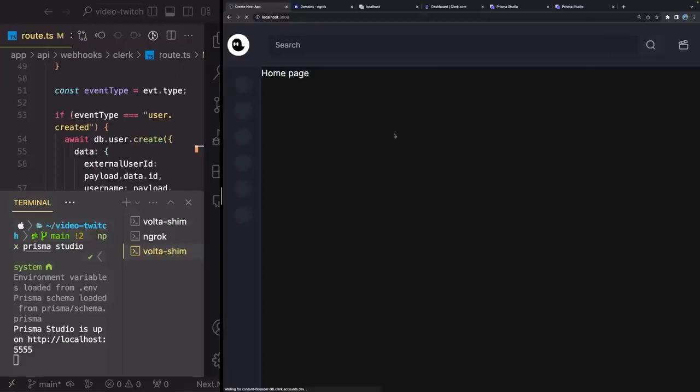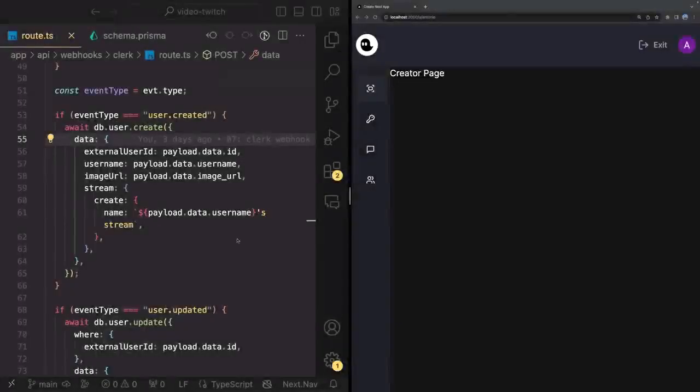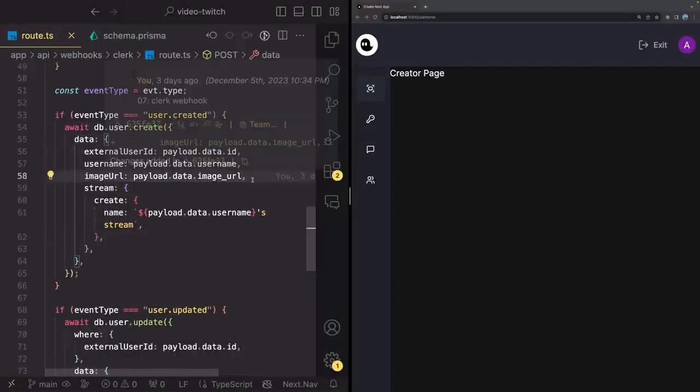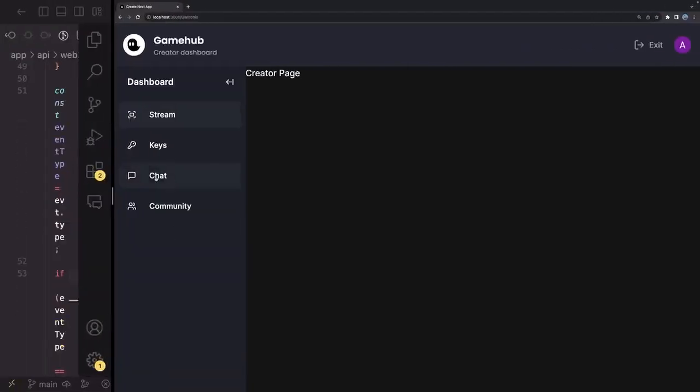Perfect, so we're back where we started, but this time our users have their stream model, which means that inside of our creator dashboard now, we're going to be able to create these elements for keys, for chat, and for the community. Great job. So now that we've ensured that in our database we have a stream for each and every one of our users, we are ready to create this page right here for when we click on